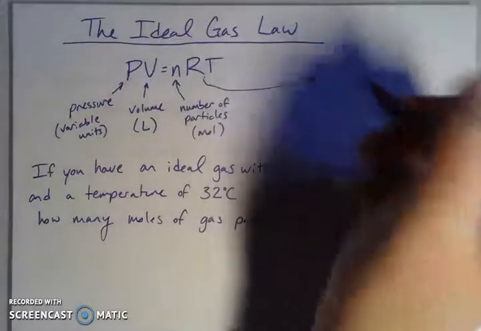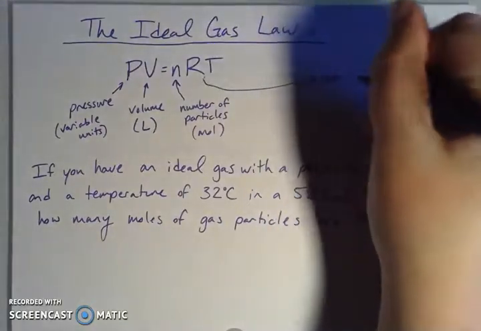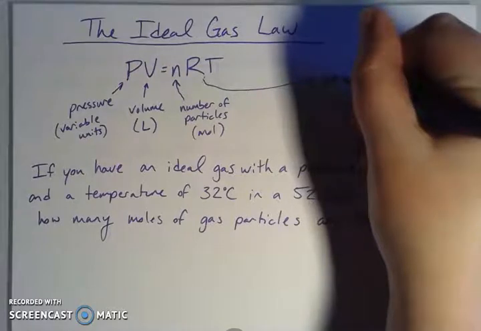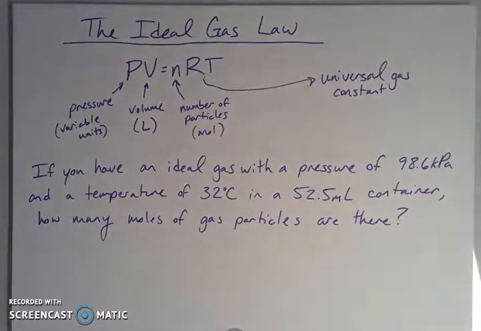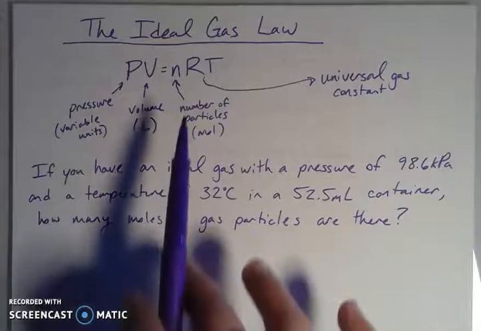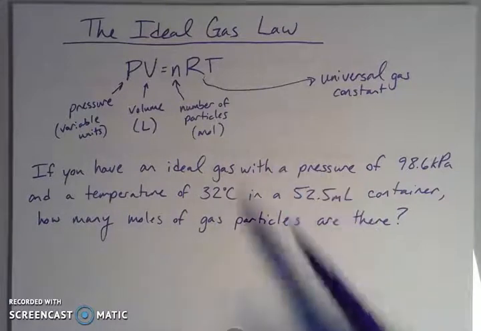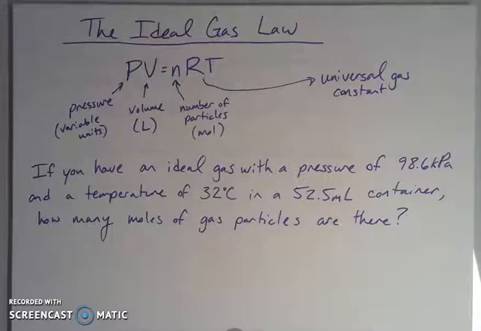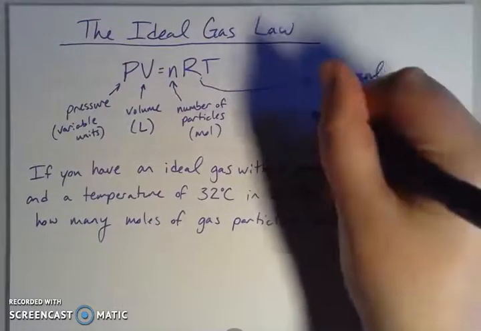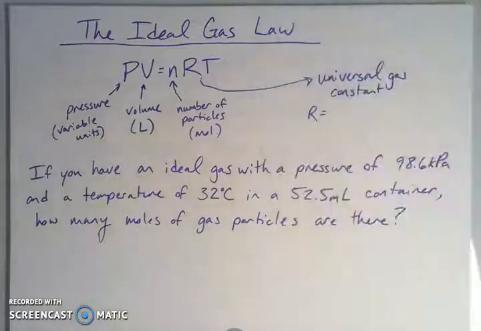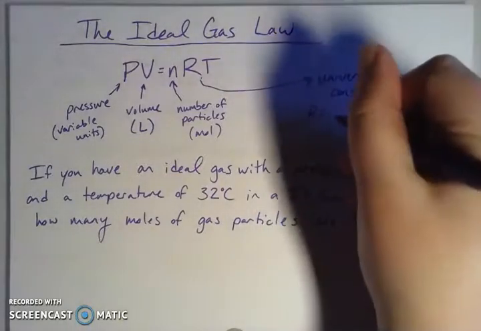Now R is the universal gas constant. The universal gas constant is just a way that when you put together these variables, they are all related in a specific way. When you do enough experimentation, the value that shakes out when you rearrange this is R. And R is usually given in a number of different units in order to accommodate these variable pressure units. So the two that I usually give my students are an R with atmospheres in it, which is